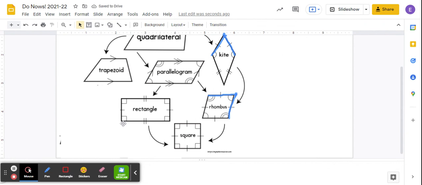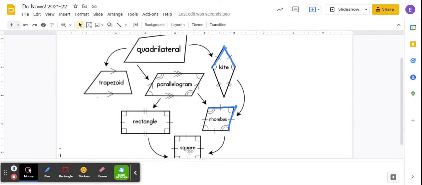Now, the most specific shape of all is a square. It has to have four sides. They have to all be the same size, and you have to have four right angles. It's a very exclusive shape. So in this hierarchy, this square is all of the things above it. It's also a rhombus. It's also a parallelogram. It's also a quadrilateral, right? If you follow up